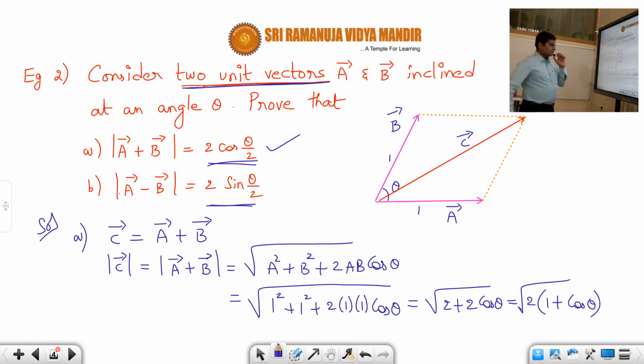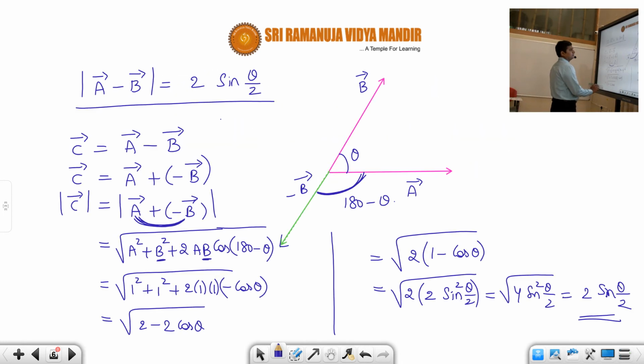I hope, students, you understood how to calculate this. Here only trigonometry is there, that's why I did not teach these examples in the beginning. But as we are progressing, we should know some trigonometric relations also, because half of the part of physics is actually mathematics. Without mathematics we cannot solve some problems in physics. So that's why I am teaching at the end. So therefore this is the problem.